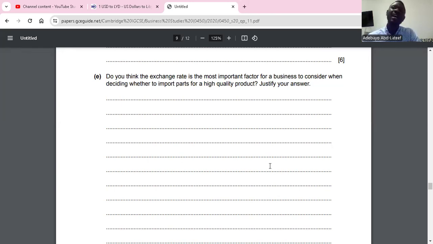However, there are other factors that need to be considered, as importation is part of international trade. Therefore, factors such as tariffs should be considered. When we talk about tariffs, we're talking about taxes on imports. So how much tax are you paying on imports? How little tax you are paying on imports can also determine if you should do imports or not. Also, you can think about quotas, embargoes. So there are different things you should think about when you want to decide on importation, because importation is about international trade. Any question about it? So that ends paper 1, May, June 2020. Thank you.